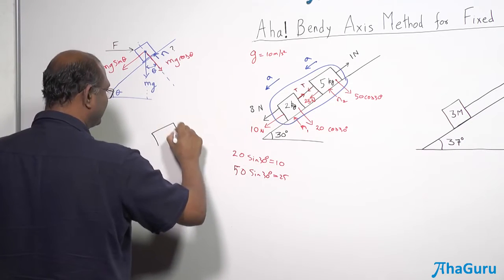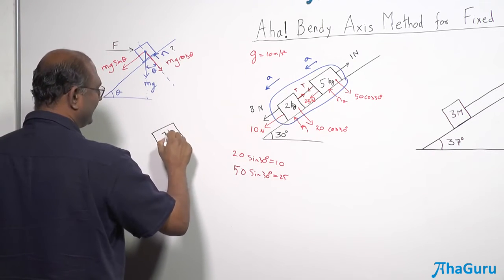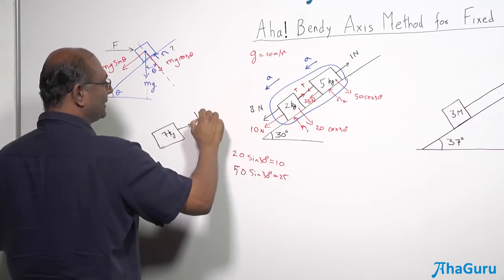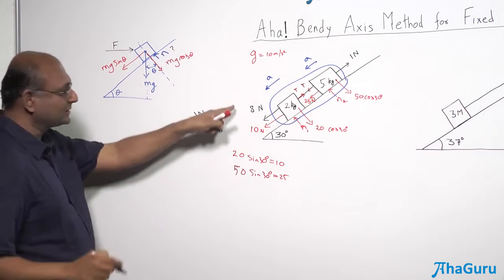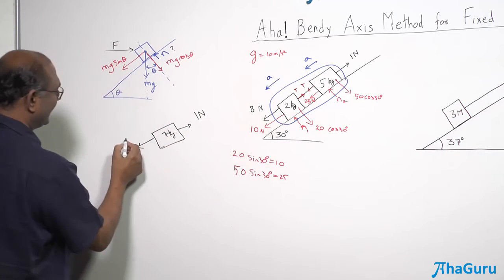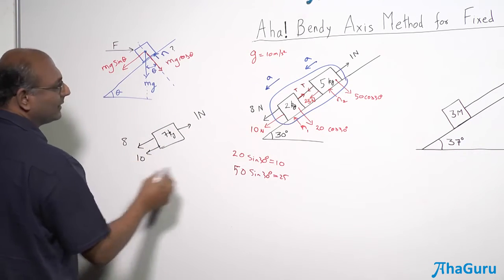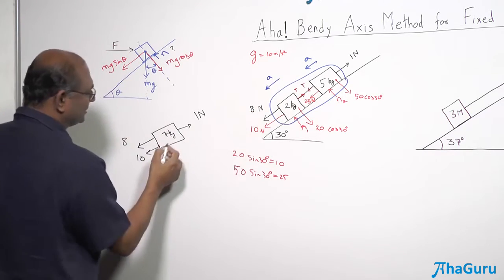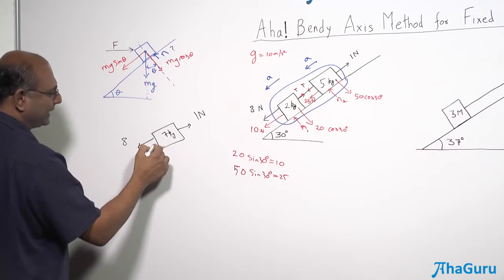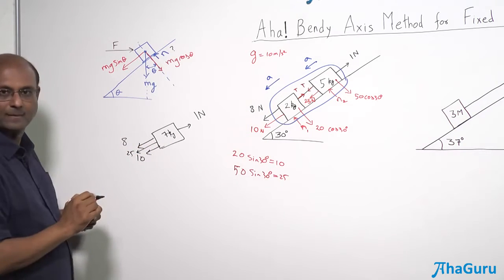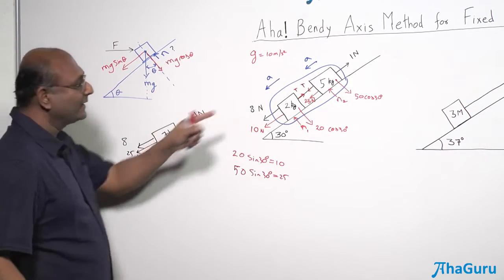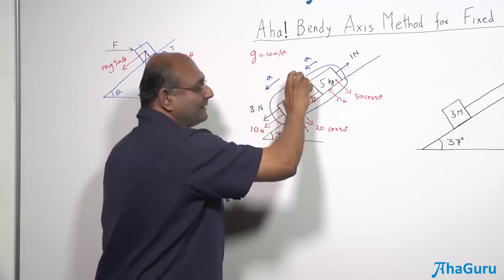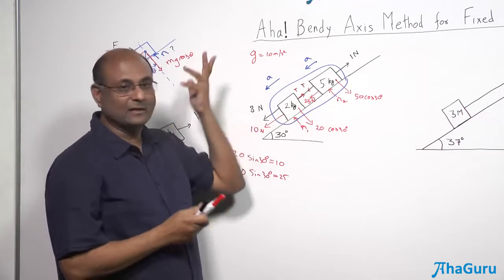If you think of this big object, what mass does it have? It has 7 kg, 2 kg plus 5 kg. In this direction, how much? 1 Newton. In this direction, what is the net force? Well, all the forces. So think of it as 8, 10, but apart from 8 and 10, you also have 25, no? The 25 acts on one portion of it, which is the 5 kg. It doesn't matter, so put that 25. So all these are forces in this direction. Wait a minute, how come I didn't write T? Because this T and that T will cancel, because they are internal forces, okay?